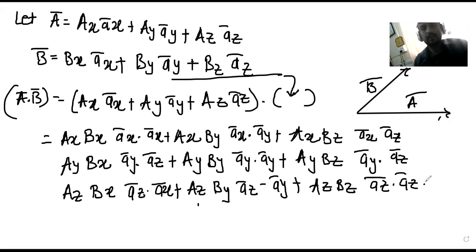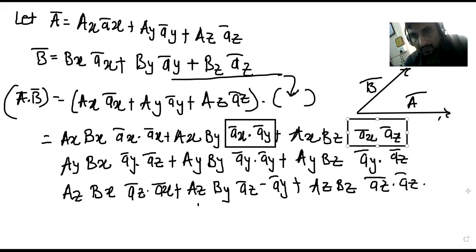This is the final equation. Now if you simplify this, if you consider this term, now I'm going to highlight this. I guess time is over. Yeah, we will complete it. So if I consider this term and this term, the answer of those terms would be 0. Hope you agree. Yes, sir. Correct. So these two terms are 0.